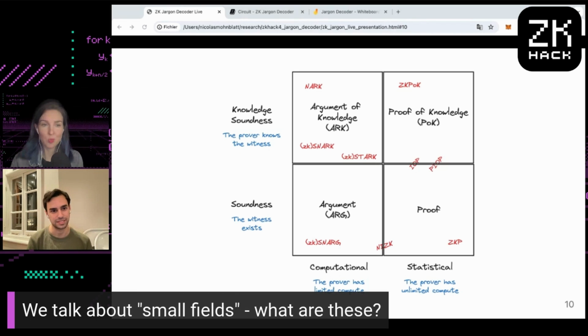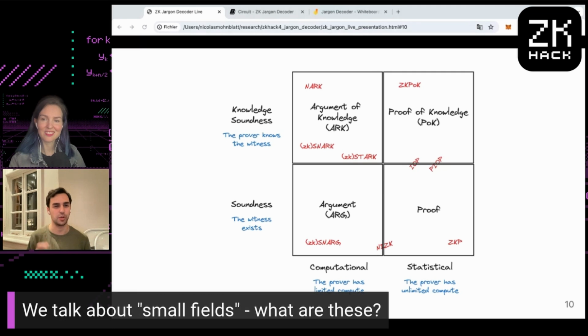Maybe a follow-up there is why small fields? Well, I sort of alluded to it, but we can store it nicely on our hardware. Why did we not use small fields at first? Because we do like picking things at random. And the chance that you pick that thing is 1 over the total number of elements. So if your field is too small, this chance becomes quite big, right?